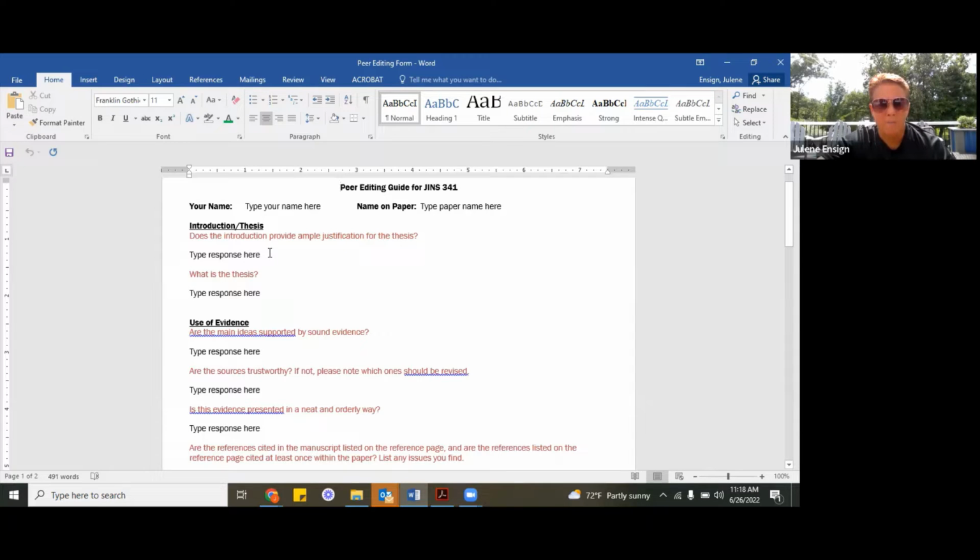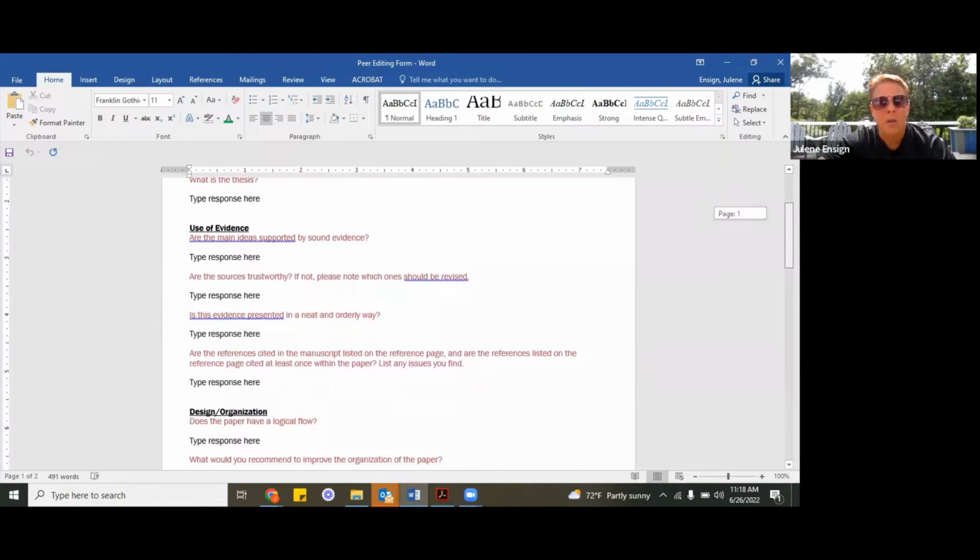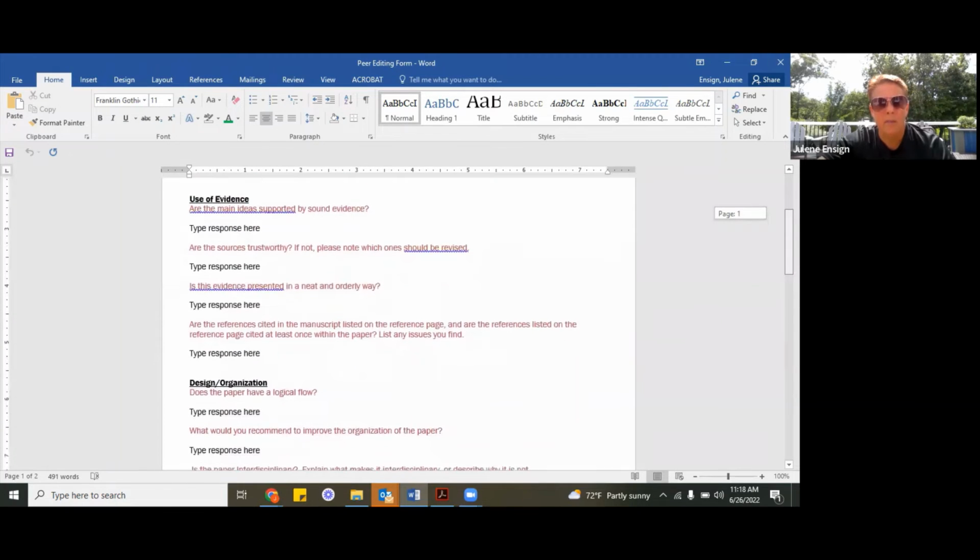So in the introduction, does the introduction provide ample justification for the thesis? What is the thesis? If you can't tell what the thesis is for the paper that you are reading, go ahead and put that in the comments. It needs to be clear. That's the purpose for this paper. So use of evidence: are the main ideas supported by sound evidence? Are the sources trustworthy? Meaning they shouldn't be like wiki links or things like that. It should be decently appropriate